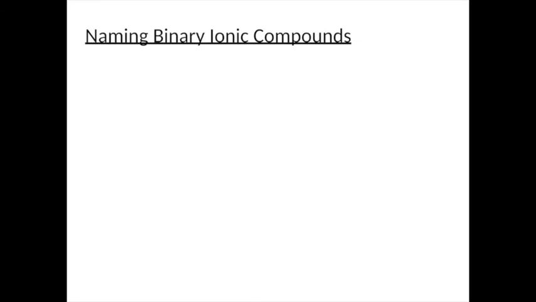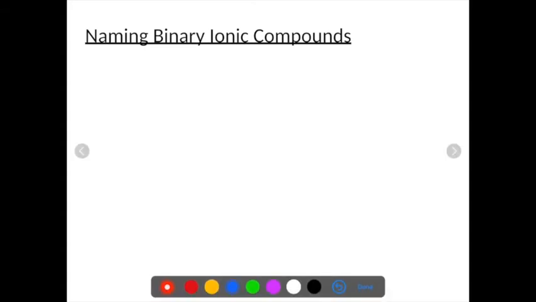Now we're going to get into naming ionic compounds. Now that we know how to make a formula, now we can name them. Ionic compounds have different rules than covalent compounds. So make sure when you're looking at a formula, you know if it's ionic or covalent. Remember, ionic has a metal